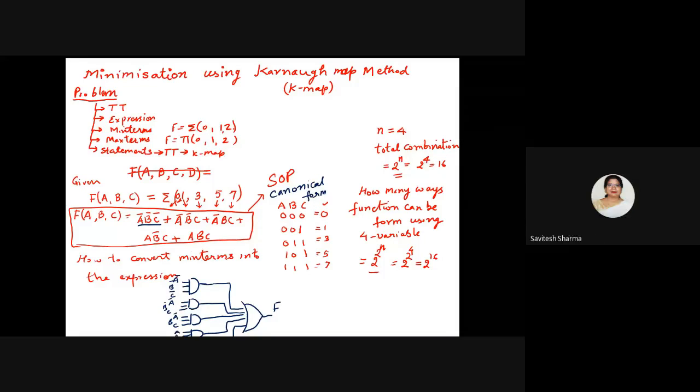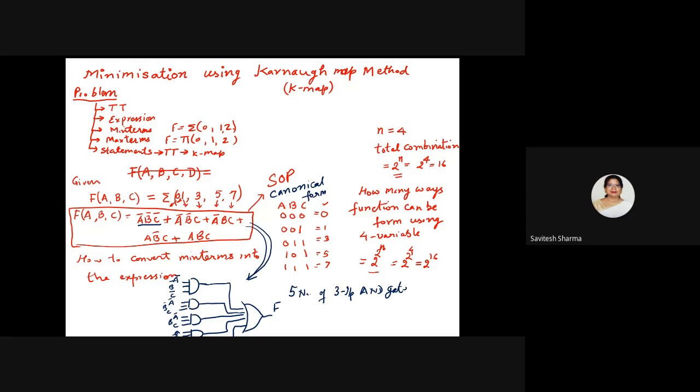So what I am telling you here, I am telling you how to convert the function into the hardware. So this canonical form I implemented into the hardware. So how many gates you required here? You required 5 numbers. 5 gates. You will not say directly 5 gates. You will say 5 number of 3 input AND gates.